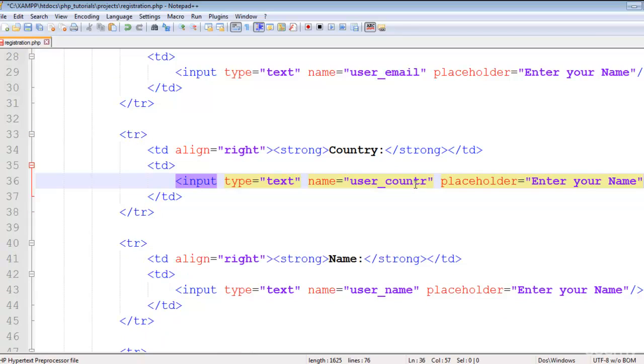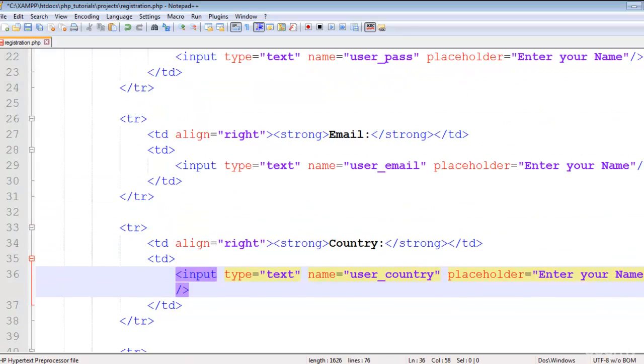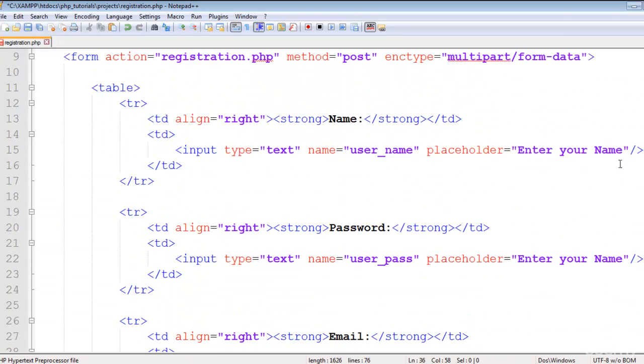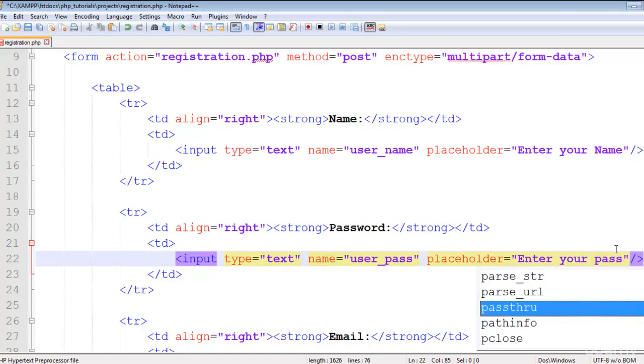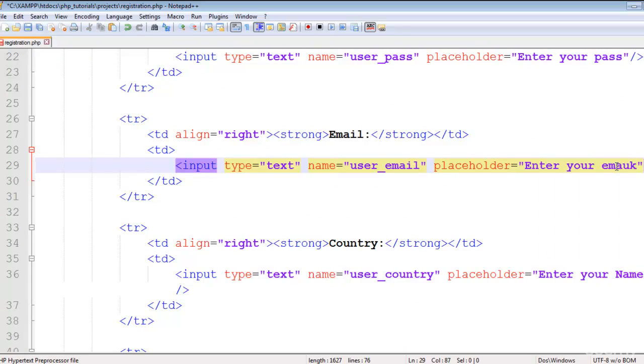Okay, it's nice. And you need to change the placeholders as well: enter your pass, enter your email,